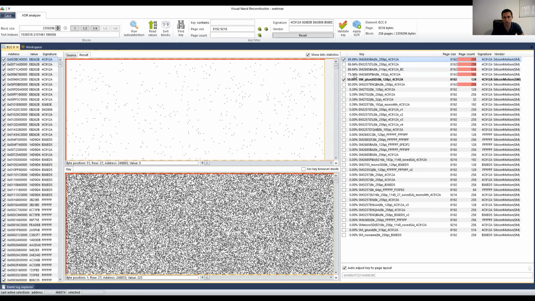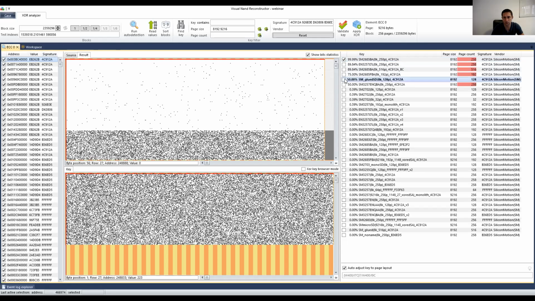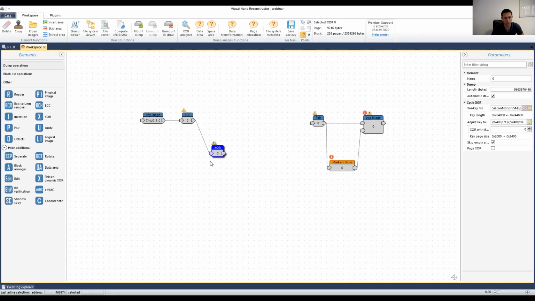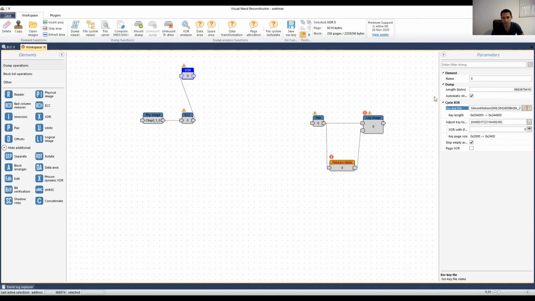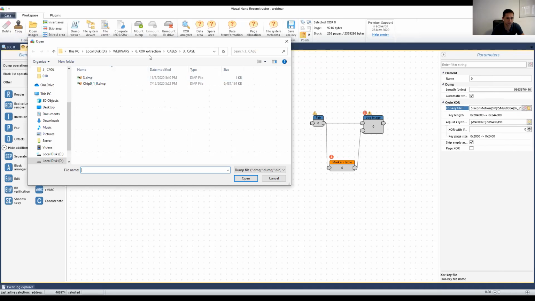I think it's better to proceed like this. I will click apply key just in order to copy the name of the key like this. So I will copy the name of this key and now open image,